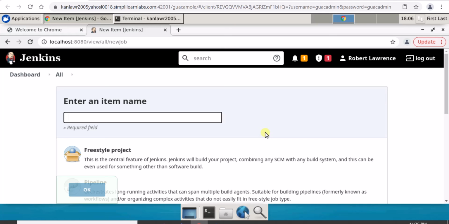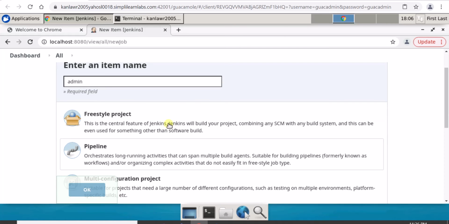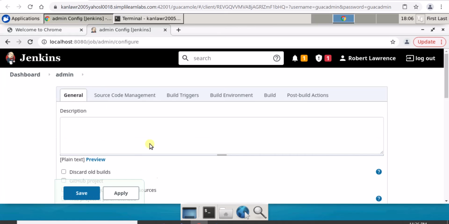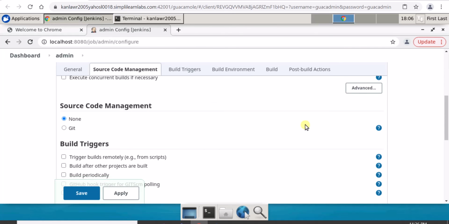For example, if I want to create some dummy project, I'll just say admin. Something like that. So I click free project, click OK. You choose whichever you want, then you will get this window. You can choose the options.